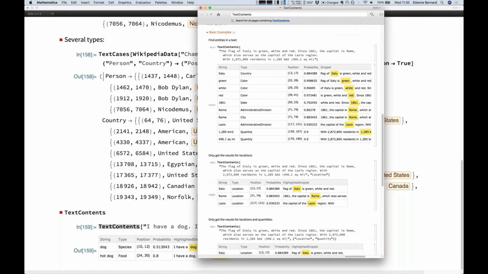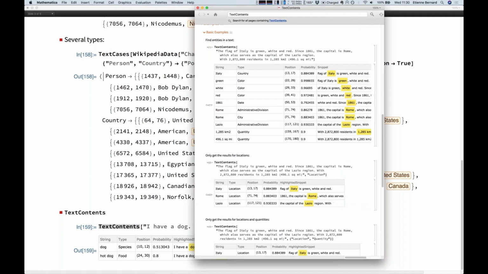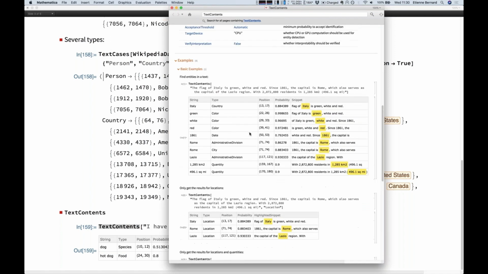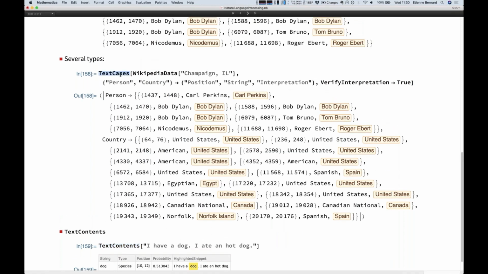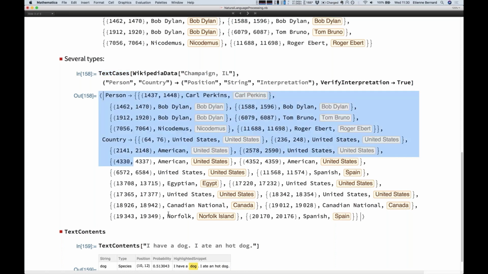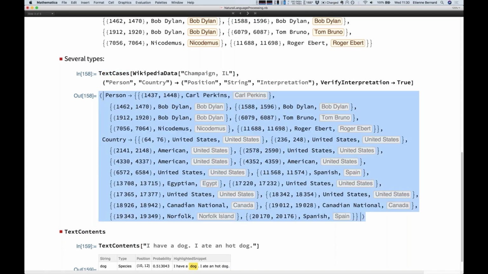But I would say that this function is more of a computer-to-human function, let's say. You give some text and you have an idea by just eyeballing the dataset of what's in this text. And also a discovery function to discover the types that text cases can use. But I think the most important function is text cases, because you can control everything that you want, and this can be well processed by subsequent programs.